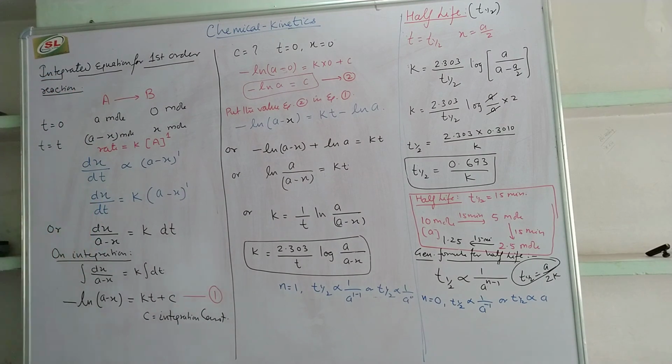Here once again I want to add, the rate of a first order reaction is directly proportional to the amount left behind. So as time passes, the amount of reactant will regularly decrease. So the rate of the reaction slows down and the time taken for completion of the reaction will increase. Rate will slow down and time will increase. In this way, we can understand the first order reaction.